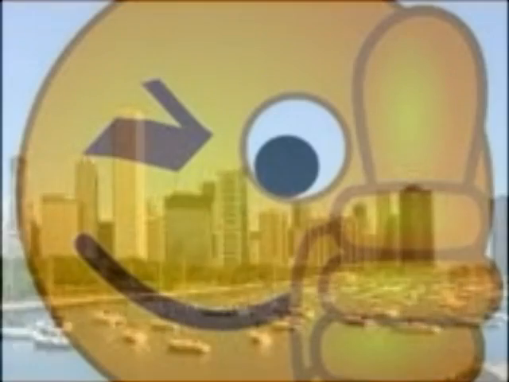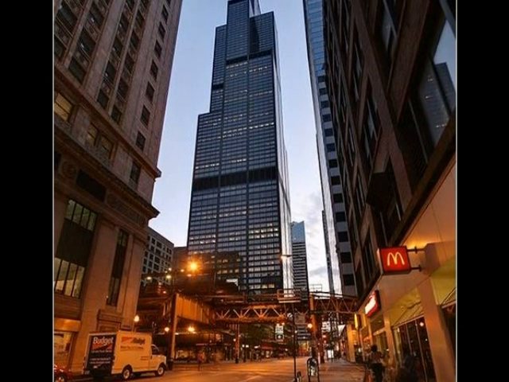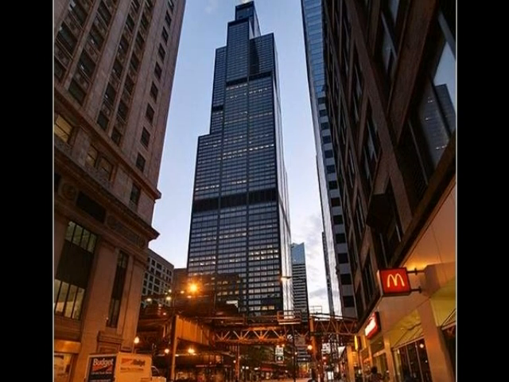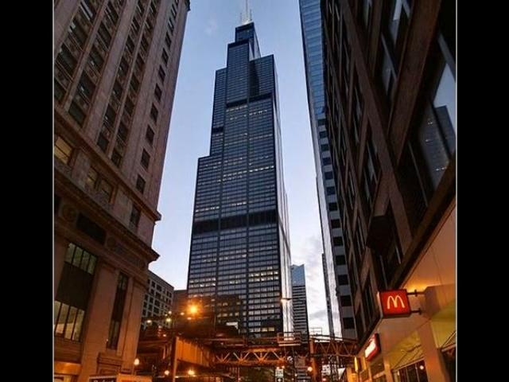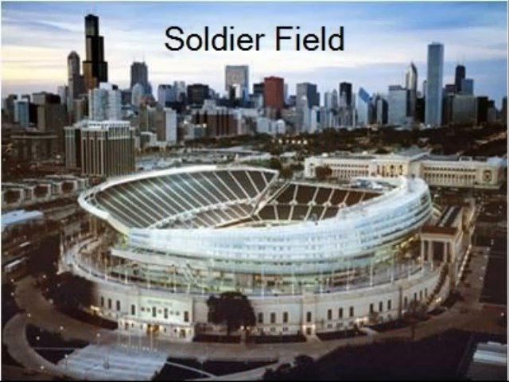So now that more buildings needed to be added to the plan, Daniel Burnham needed to design how the buildings would look and where he would put them in the city of Chicago. So after the reform was made to the plan, which was housing, it was pretty much perfect. And the plan led to the building of many famous places in Chicago, like the Sears Tower, or what is known as the Willis Tower, which is the third tallest building in the whole entire world. Also, it led to the building of other famous places on Chicago's lakefront, like Soldier Field, which is